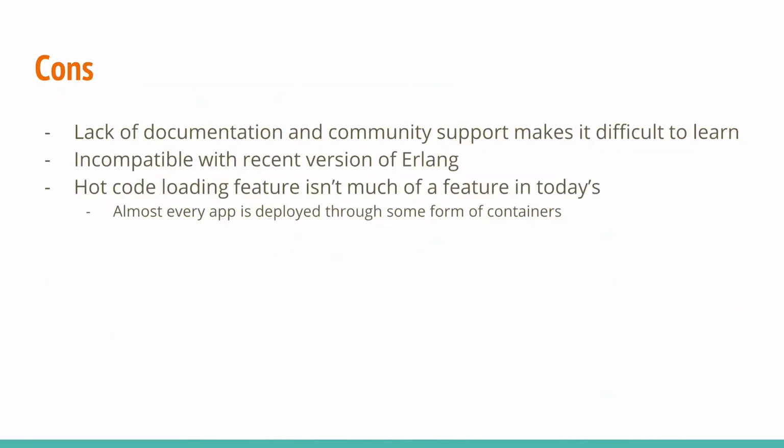Okay, down to brass tacks. What are the cons of Chicago Boss? For starters, the lack of documentation and community support make it difficult for beginners to get into and learn. Second, compile issues with the latest version, 0.9. Chicago Boss requires the use of Erlang version 20 or version 19, and does not support version 21 and newer. This is due to the fact that Chicago Boss's models use parameterized modules, which were removed after the release of Erlang version 21. Another downside, hot code loading isn't much of a feature anymore, since everyone and their grandmother uses